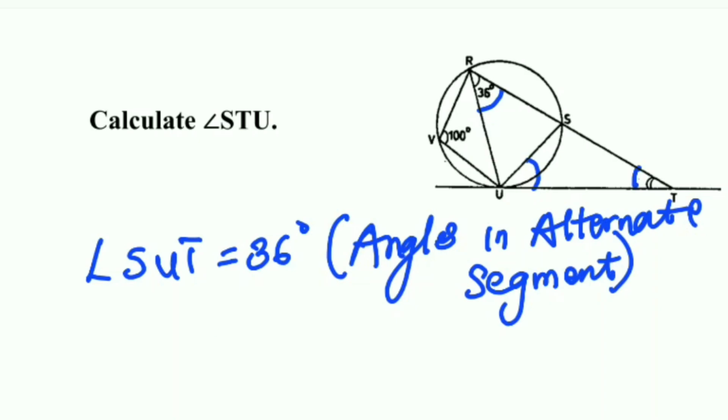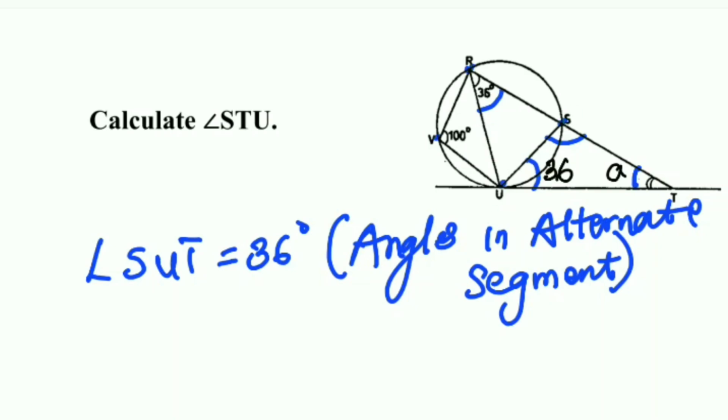Alright, so I have this as 36 degrees. We're almost done. We're looking for this angle here. Let's call this A degrees. Now pay attention. Look at this angle now. Consider this angle here. Let me call your attention to something. VRSU